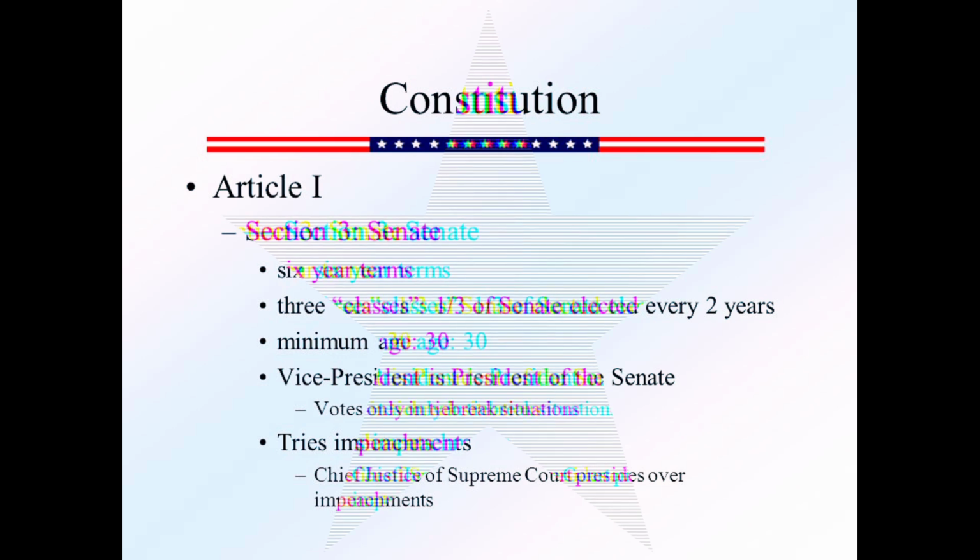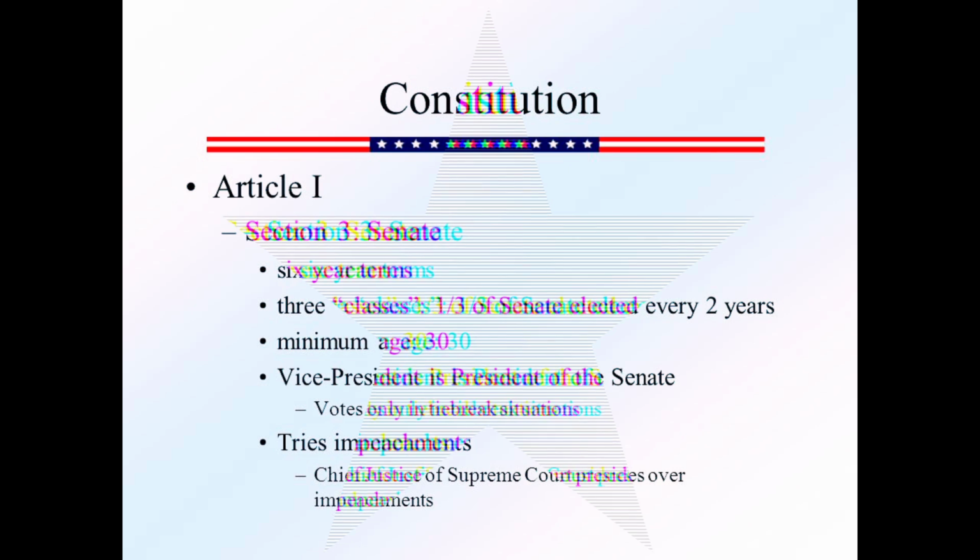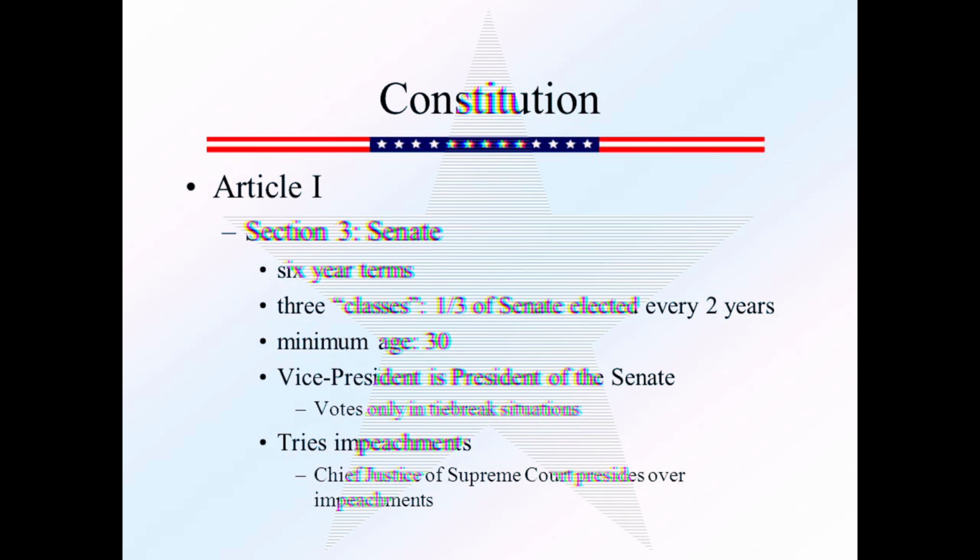Section 2 includes various rules for the House of Representatives, including a provision stating that individuals qualified to vote in elections for the largest chamber of their state's legislature have the right to vote in elections for the House of Representatives. Section 3 addresses the Senate, establishing that the Senate consists of two senators from each state, with each senator